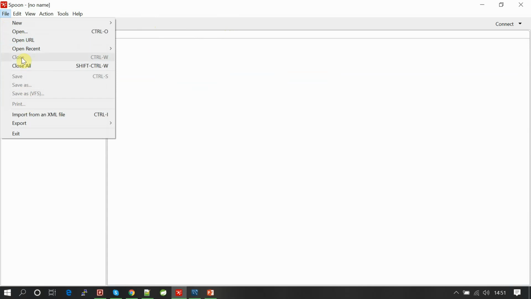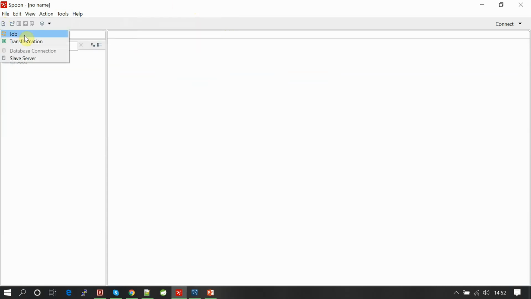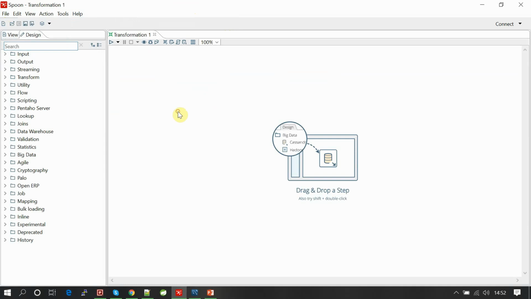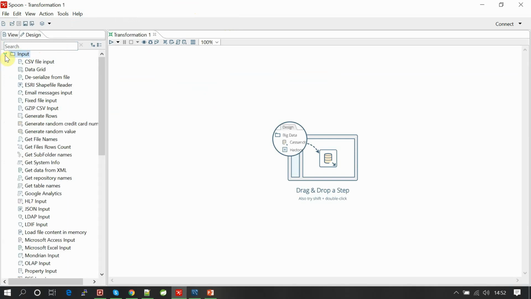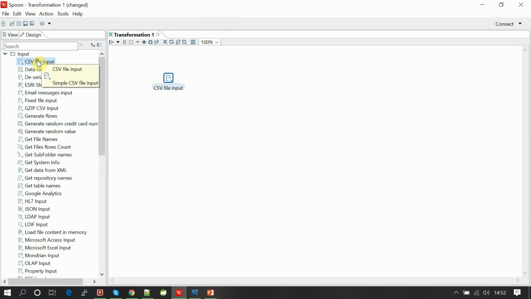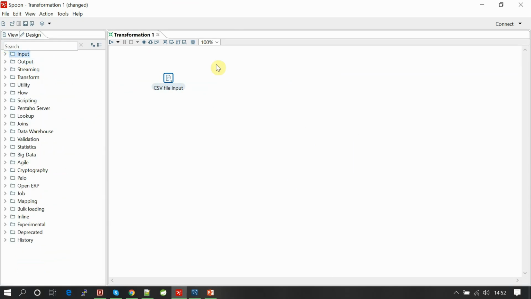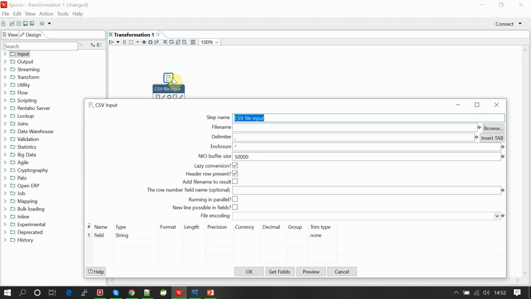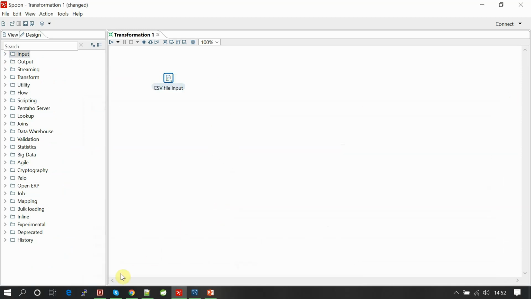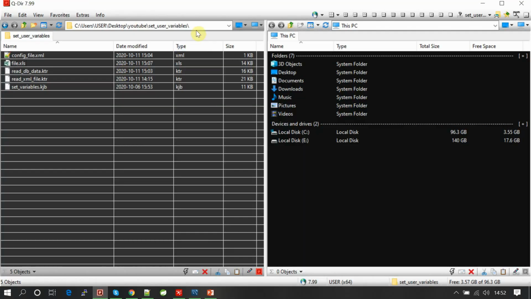So here I'm creating a transformation. As I defined those variables in a file, I'm reading that file. With CSV input, I can read the file.